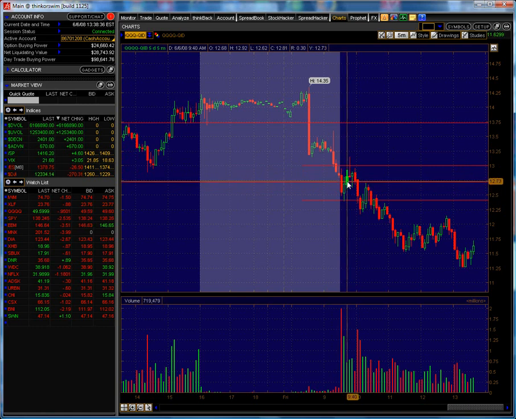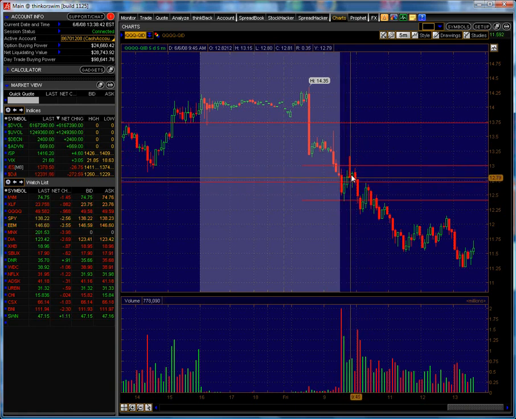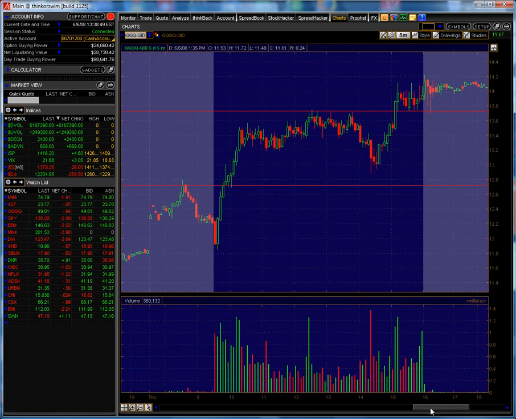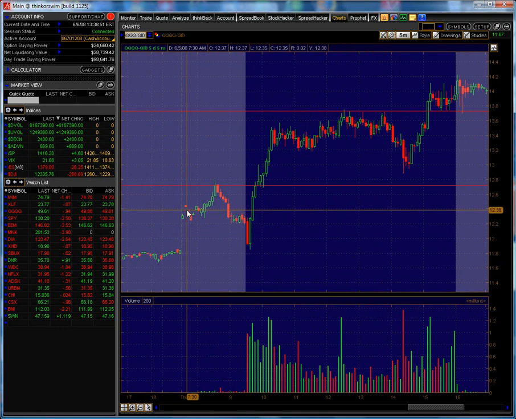It did trade up for about 10 minutes before going back down, and you could have established a short position at that time and profited from this move down. It happens with some fair regularity. For example, here again overnight, this was on